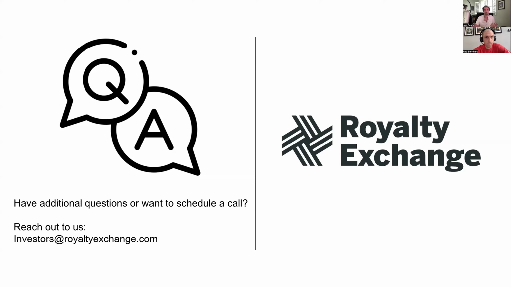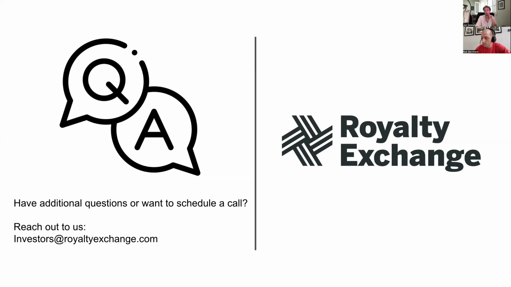Rob, since this is a bit of a contrast question, anything you want to add to that? No, yeah. So you're always in direct privity of contract with the actual owner of the royalties. And this kind of goes into a diligence question that comes up here in a minute. But the way that we handle assets is when a seller wants to list an asset for sale, what Royalty Exchange does is we confirm that that seller is who they say they are, that they own what they say they own, and that they have the ability to sell it.